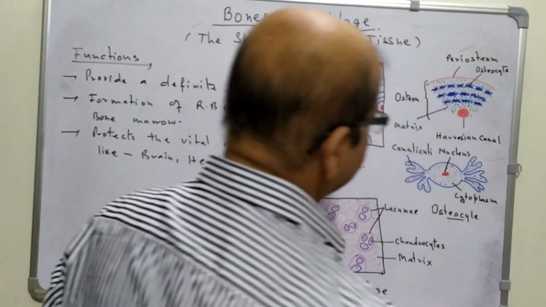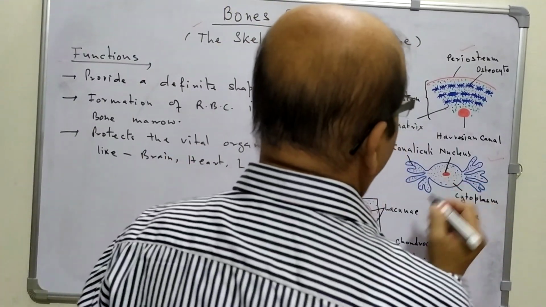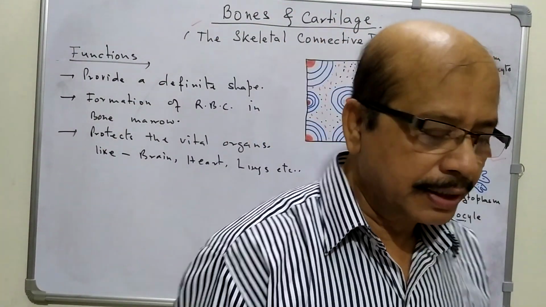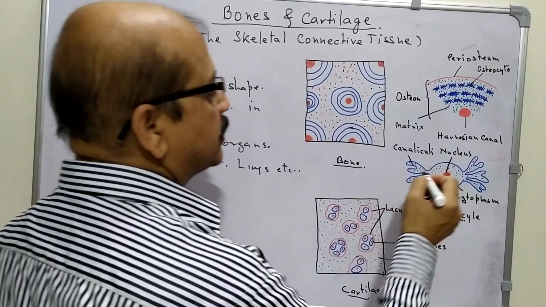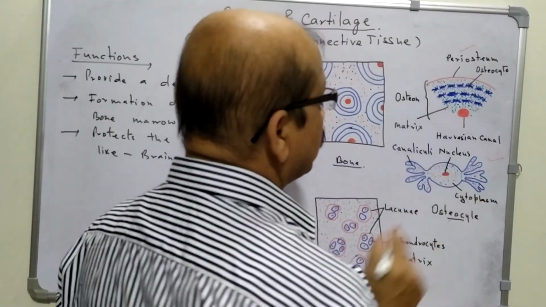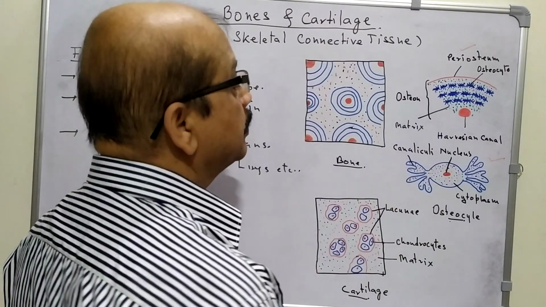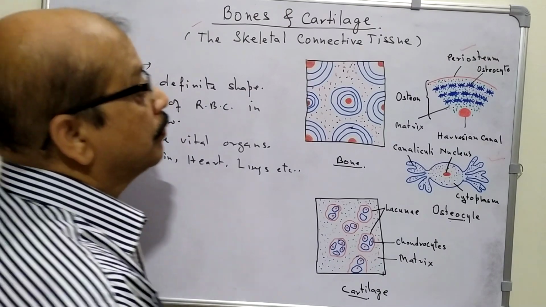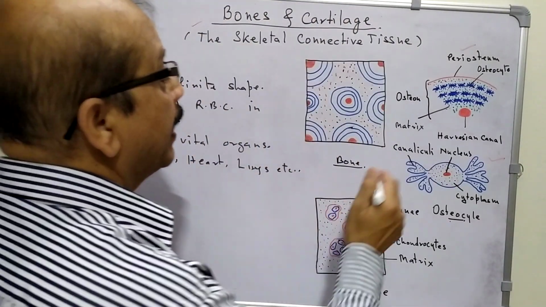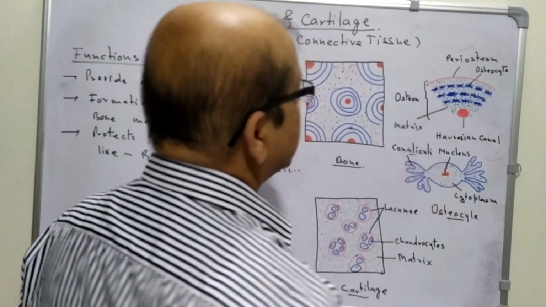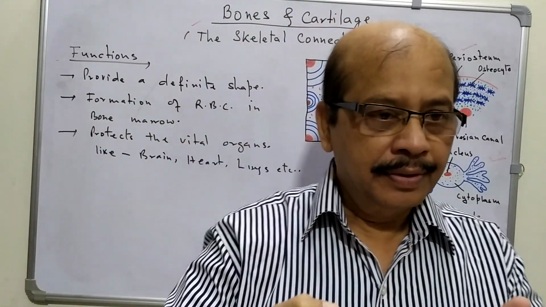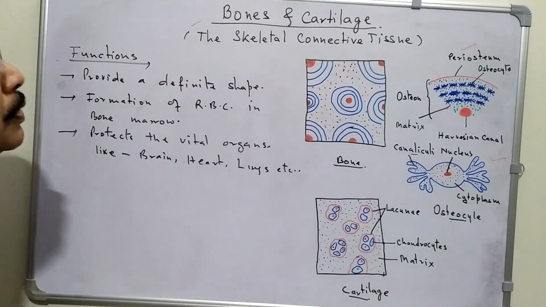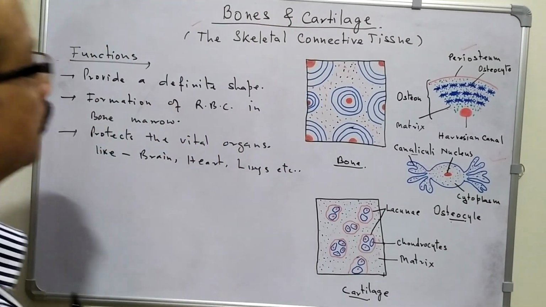As far as the osteocyte is concerned, an osteocyte is a single cell. The cells of the bone are known as osteocytes, which are star-like in shape, having a large nucleus in the middle, cytoplasm, and some outgrowths arising from these osteocytes, which are called canaliculi. They take part in attaching each other tightly. So this is all about the bones.